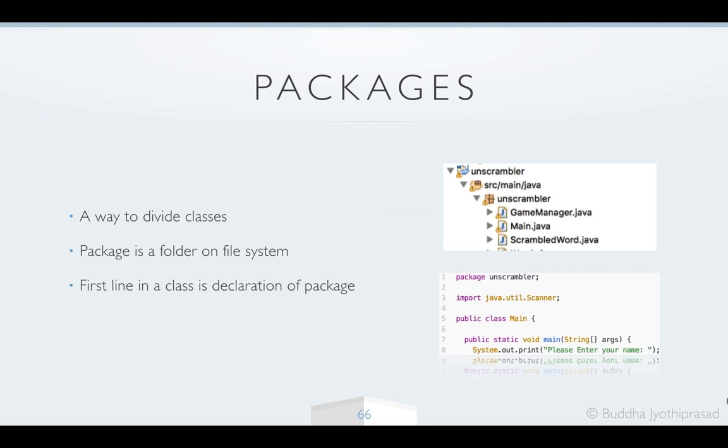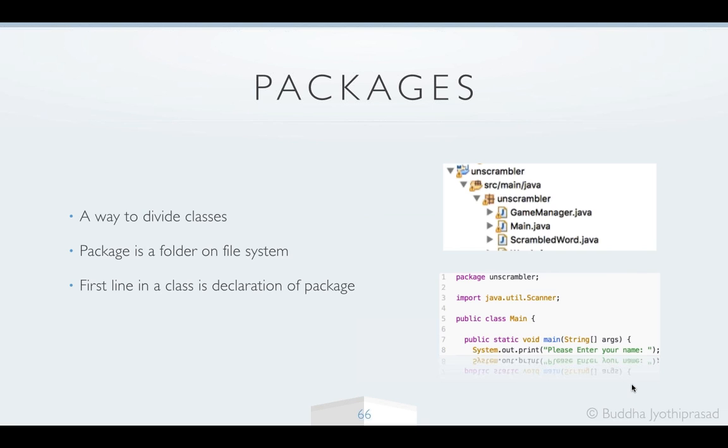And assume that you are moving the month-wise folders into subfolders. That will make it even easier to find. My marriage happened in, say for example, 1987, October 10th. You can simply go to your 1987 folder, then go to the October folder inside that, and find the photos very quickly. If everything is in a single folder, finding that will become a little tough, right? So packages do a similar thing in the Java world. They separate the classes into different folders.